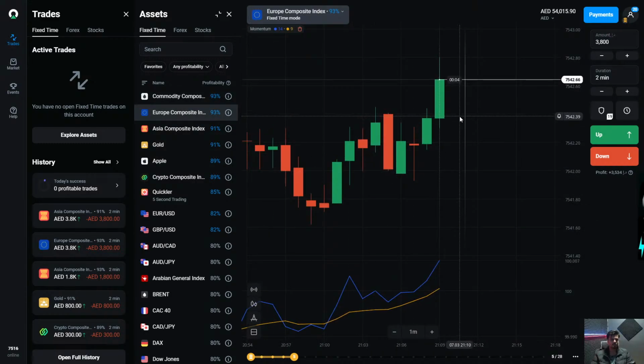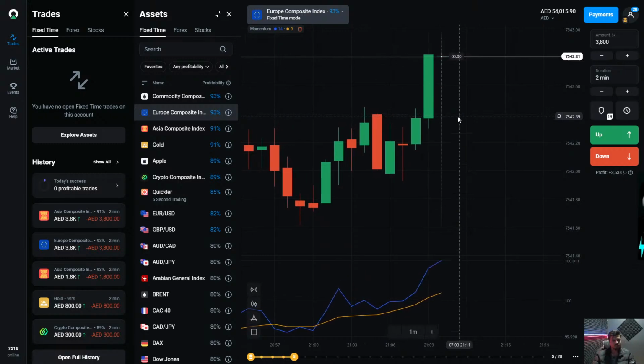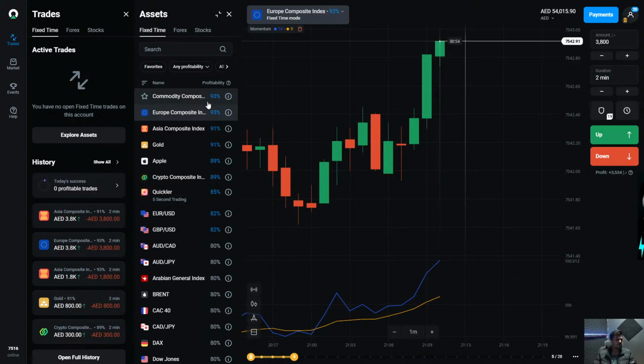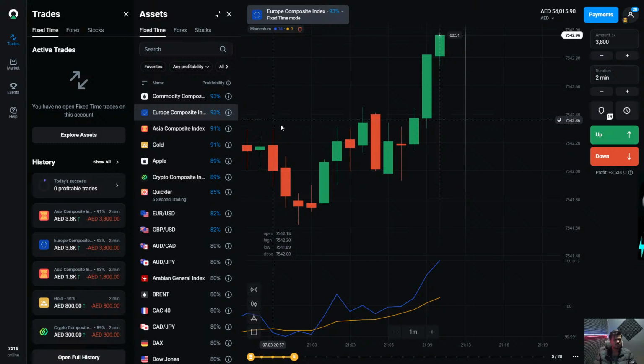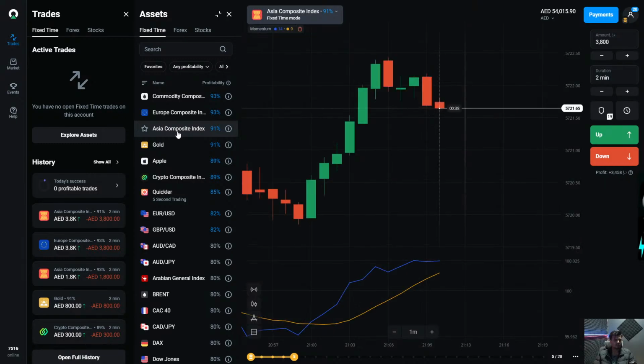Here it's going very pretty cool. Let's check and focus on our fantastic composite index. As you can see, it's just moving in the upward direction. So here you can also make the upward trade. This is the Europe composite index, and here I used the Asia composite index in the previous one, and here it just went to the below side. Otherwise before it went upward, upward, upward, upward. But here it's trying now to go back to downward.